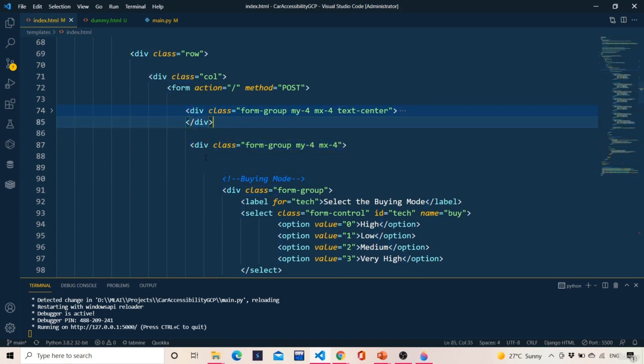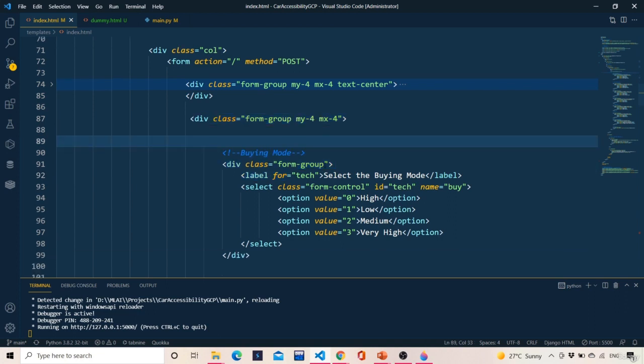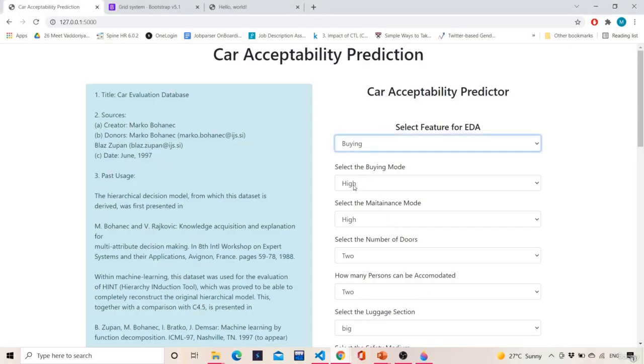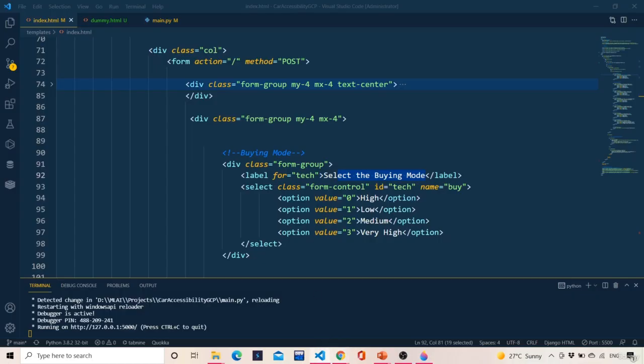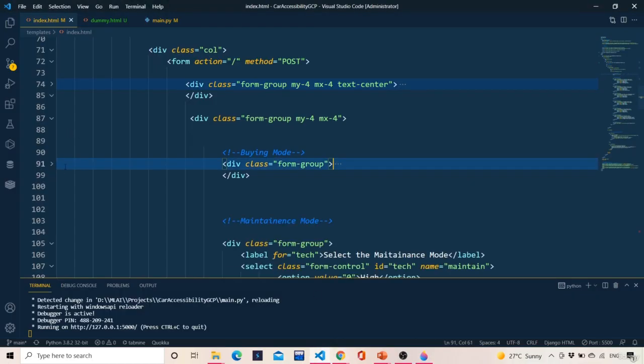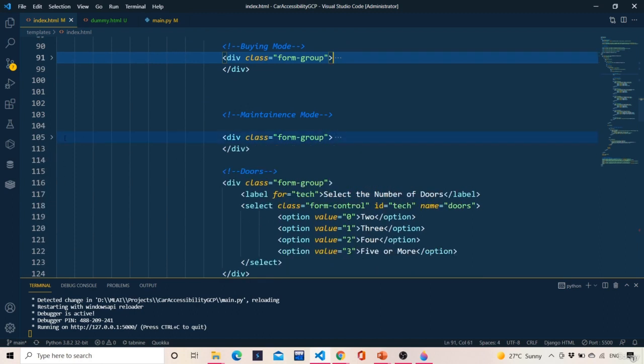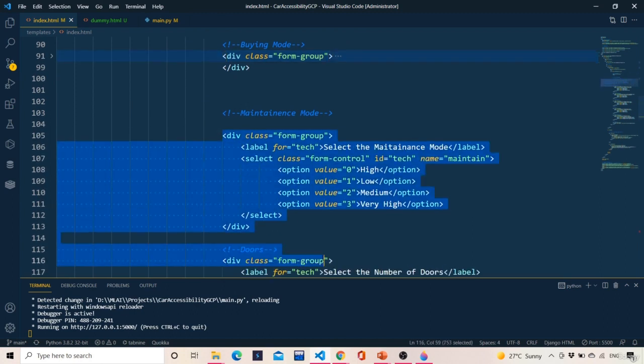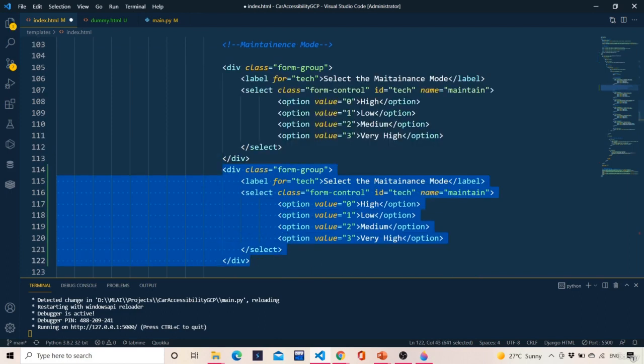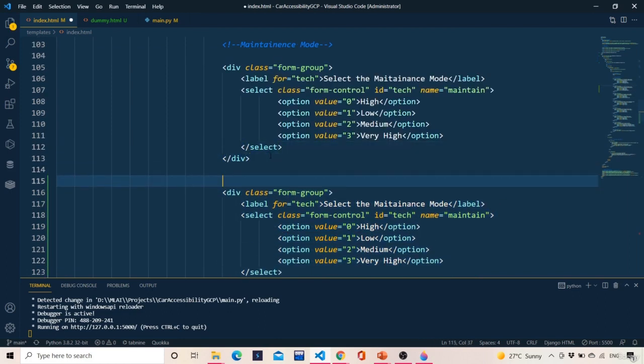That is not a form, this is a form now. So over here the first thing is select the buying mode. If you look at the buying mode, we are having 4 options, and over here also we are having 4 options. So everything is a select box over here. What you need to do is drag this, do Control D, come here and press Control /. It will comment out.